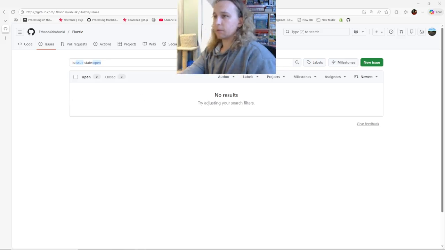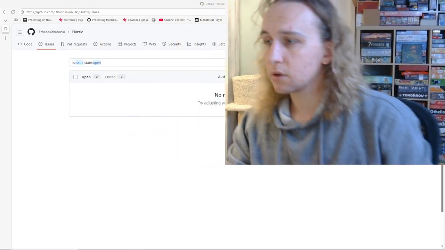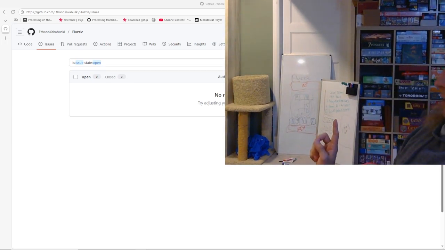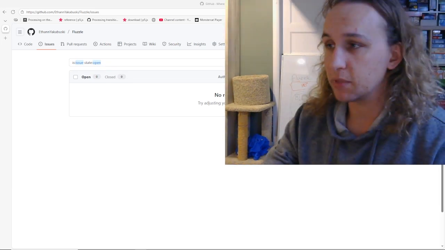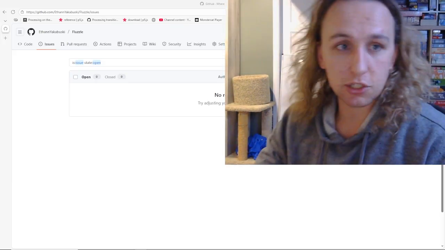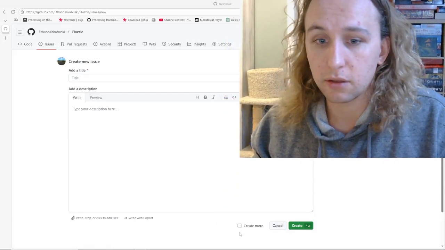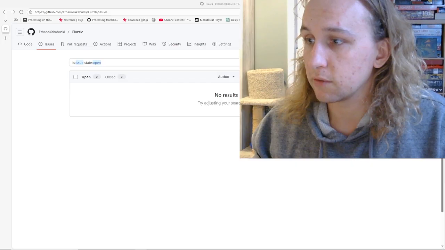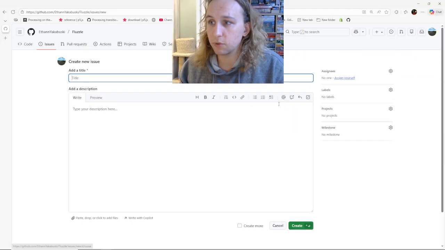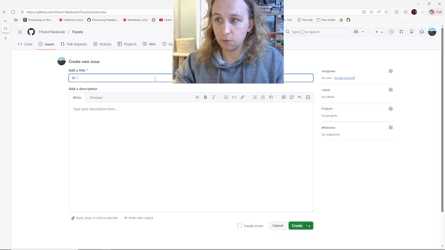And so here, let me make myself a little bit bigger. And you see behind me, we have these 5 items here that we made. So the first one I think that makes most sense to start working on is the level select screen. So let's go here, and hit the new issue button. So hit the new issue, and we'll call this W1